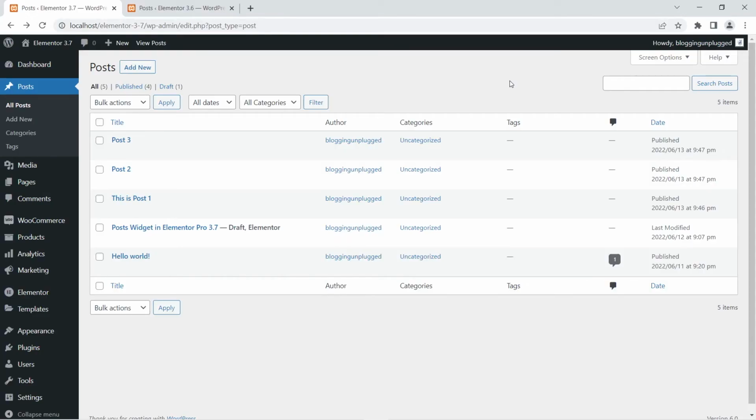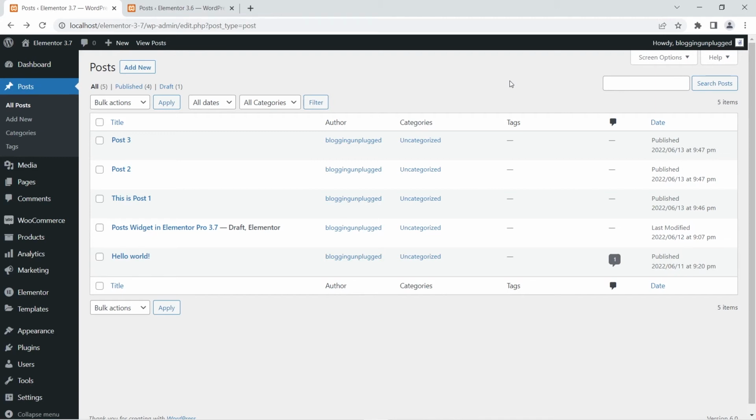Now after the nav menu widget, the next set of changes have been introduced to the post widget in Elementor Pro 3.7. The first change that we are going to discuss is the introduction of automatically aligned buttons in the post widget. If you have been using the post widget to showcase posts in any of the pages or existing posts, then you must be familiar with the fact that at times the read more buttons do not